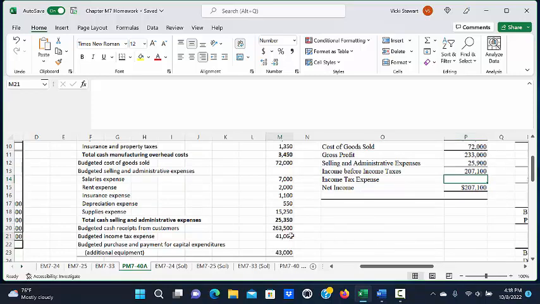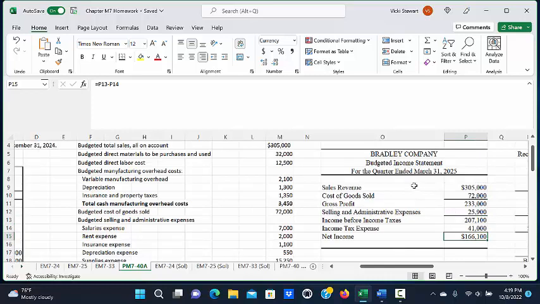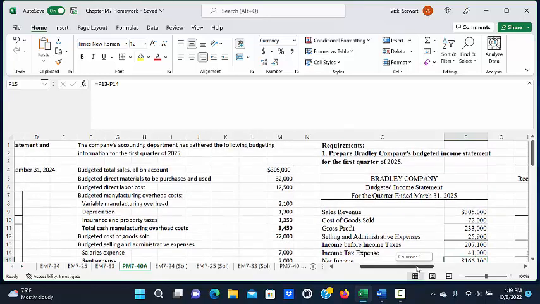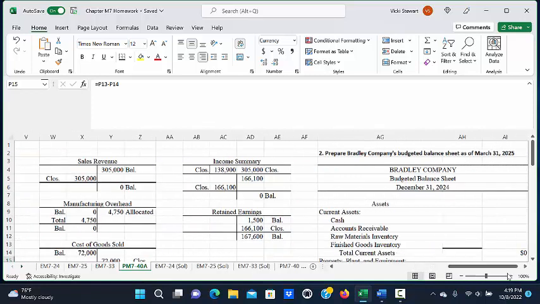$207,100, and the budgeted income tax expense was $41,000. So subtracting that from income before income taxes gives us net income for Bradley for the quarter ending March 31st, 2025, $166,100. Now the second part of the problem asks us to prepare Bradley Company's budgeted balance sheet as of March